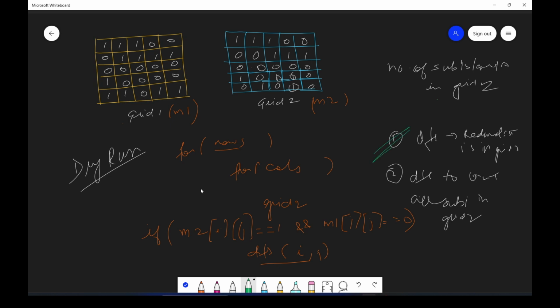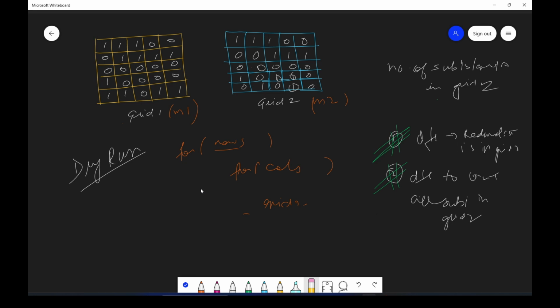So this first step is done: you have done DFS and you have removed the redundant ones in grid 2. Now you have to do DFS and count all the sub-islands in grid 2. So whatever is left now will be your sub-islands. I'll just remove this condition.